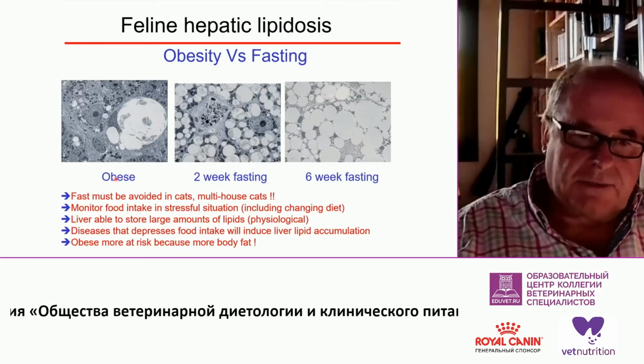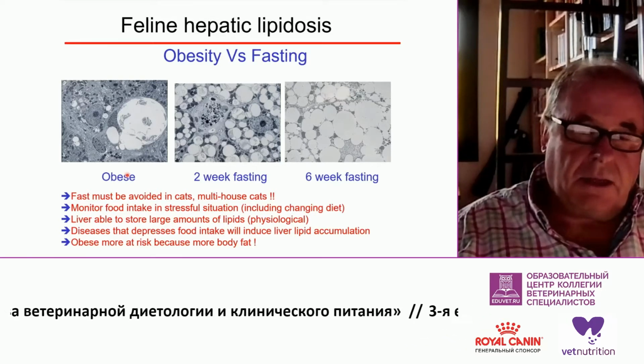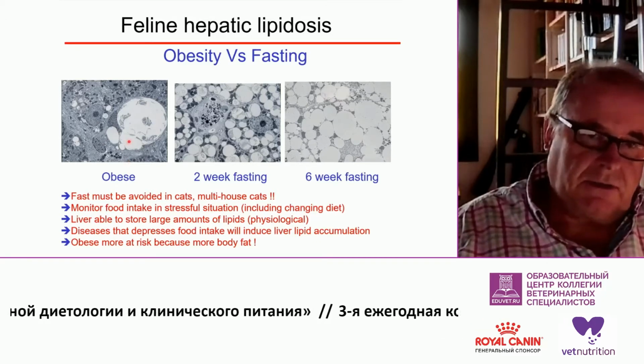When the cat was obese, and in humans, obesity is associated with a significant accumulation of